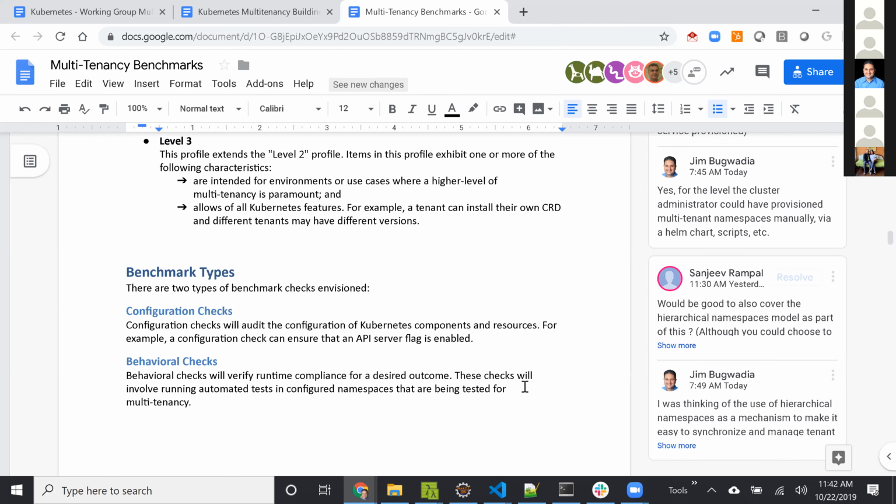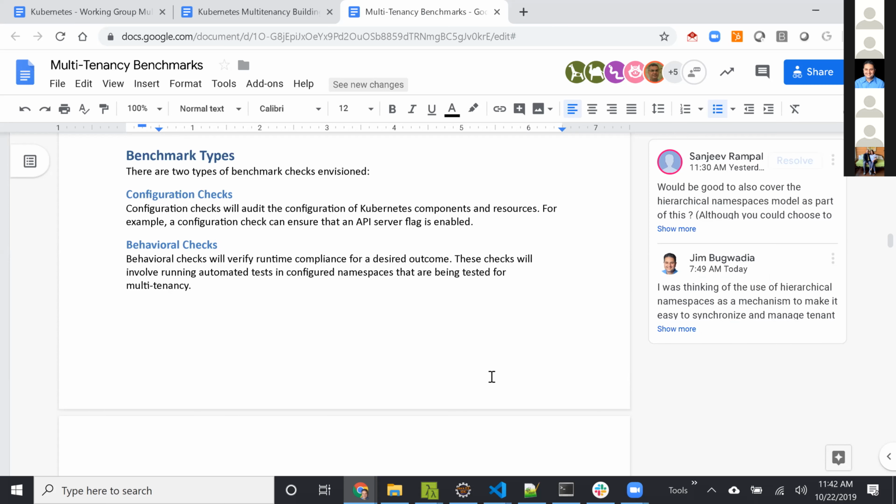Our proposal at this point is that it would probably be good to use a combination of both, and to decide, depending on the tests we are doing, if we should check for configuration or for behavior. One could argue that we should always check for the outcome, for the behavior. But there's also a possibility of simplifying the test by, in some cases, testing just for configuration. So let me give some examples here.